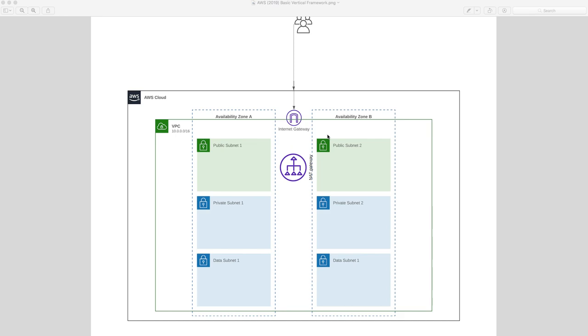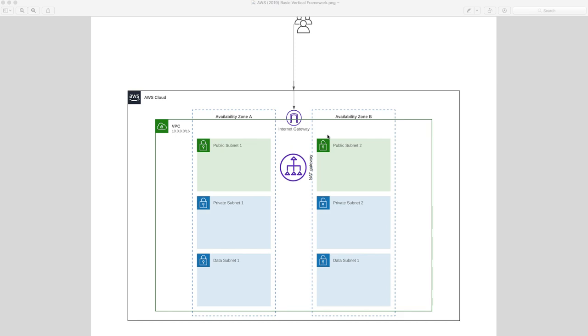So basically we are going to create a virtual private cloud on AWS, that's called AWS VPC, along with two public subnets, public subnet 1 and public subnet 2, two private subnets, private subnet 1 and private subnet 2, and two data subnets, data subnet 1 and data subnet 2, along with a route table for these respective subnets and an internet gateway for the public subnet